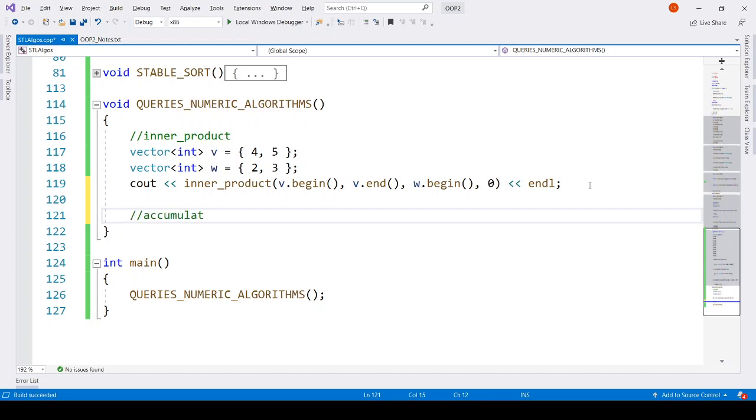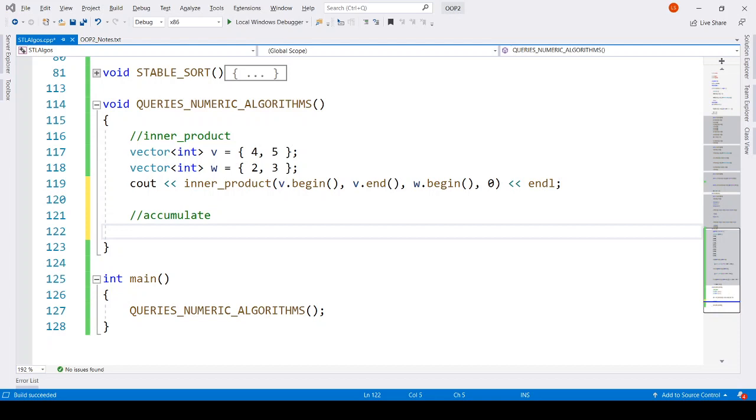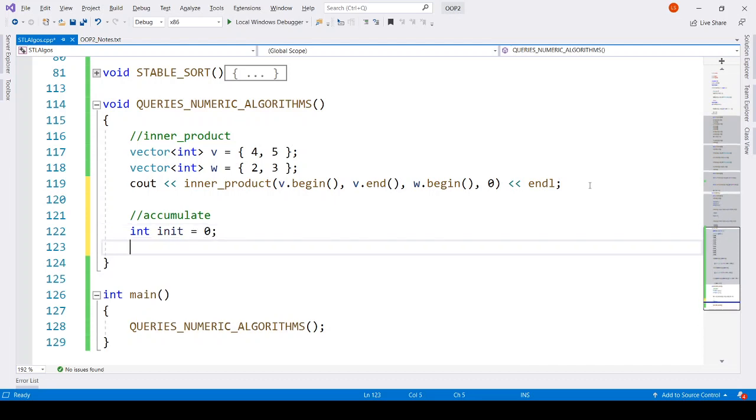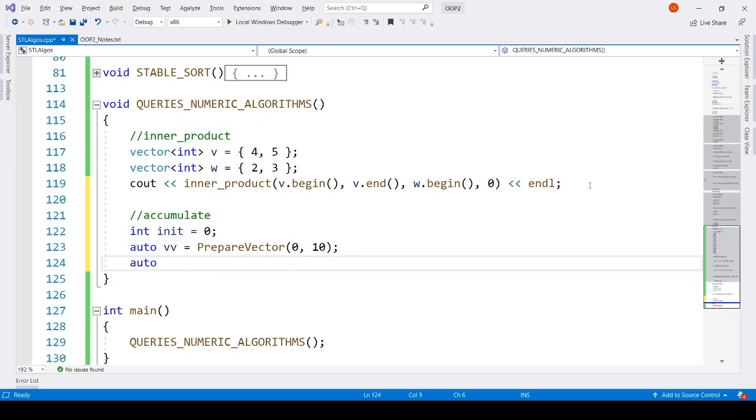accumulate. Let's set up an initial value for now to be 0 and prepare a vector 0 to 9 and then call accumulate. What accumulate will do is it will sum up all the elements of the collection.